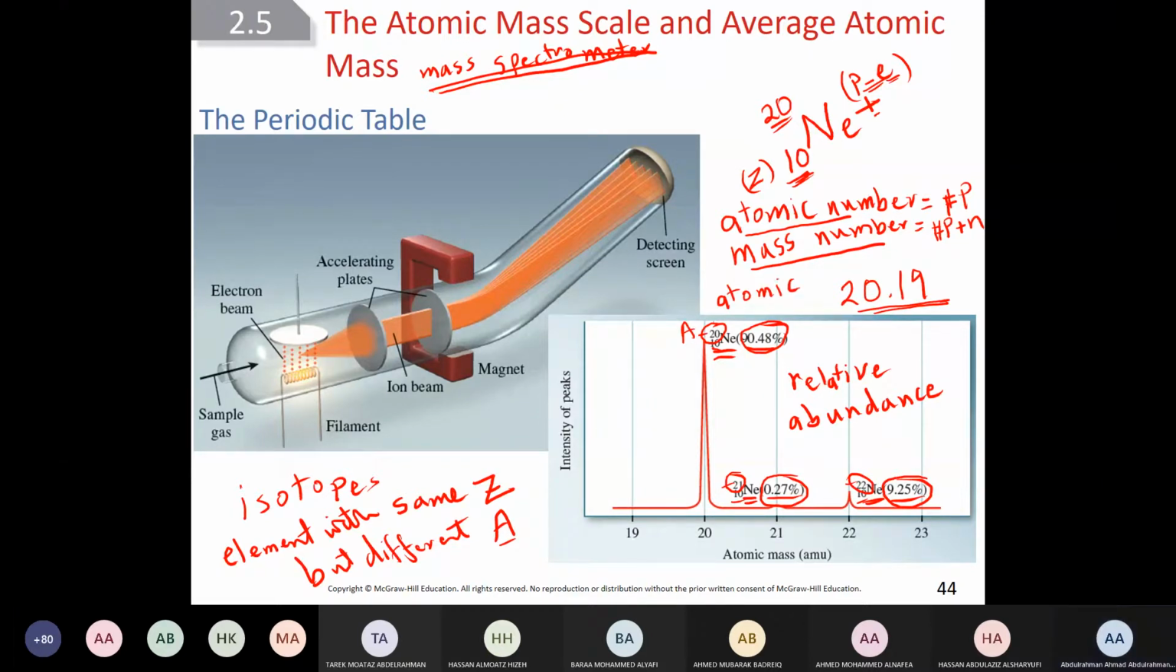Atomic mass. And it's different from mass number. Is this clear? So I want you now to define to me what's atomic mass. The average of the different isotopes with their relative abundance. Exactly. Are you following? Now, if you go to the periodic table that I gave you,